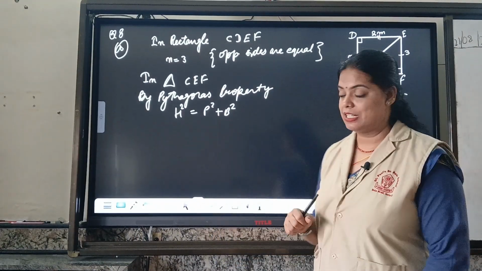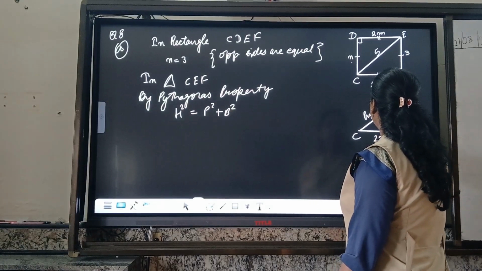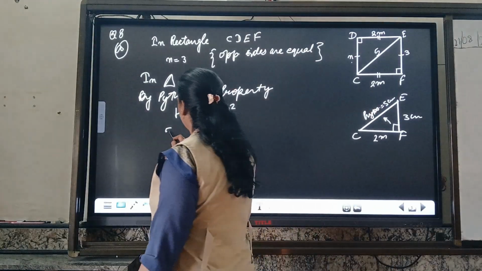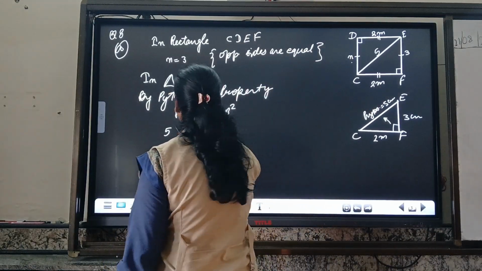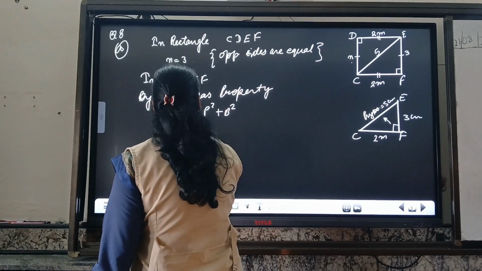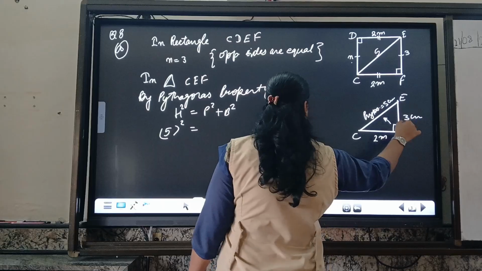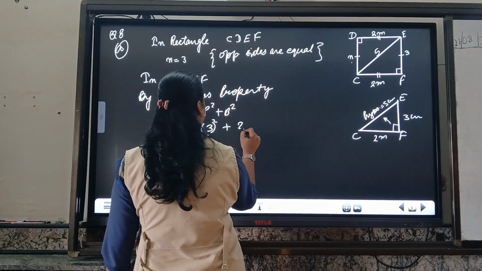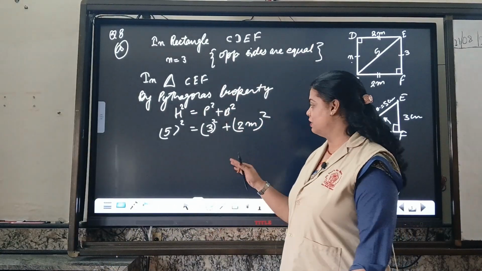It is given. It is 5. So I will write 5 centimeter, or directly, as units are given, I will write 5 square. Now in place of P can be the perpendicular EF. What is EF? 3 square, and B we never know, it is 2m whole power 2. Now we will transfer 3 square,